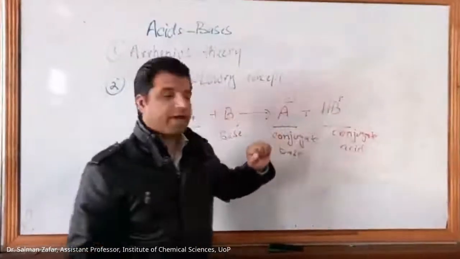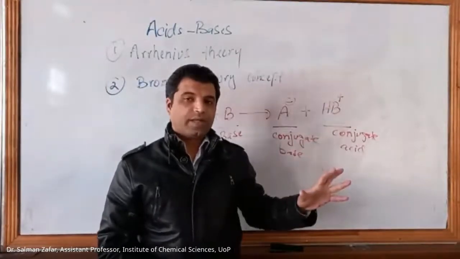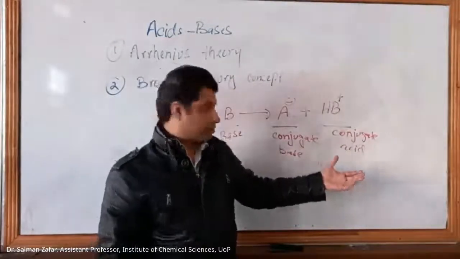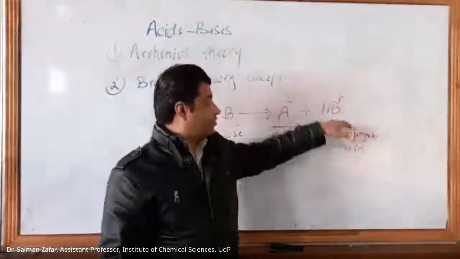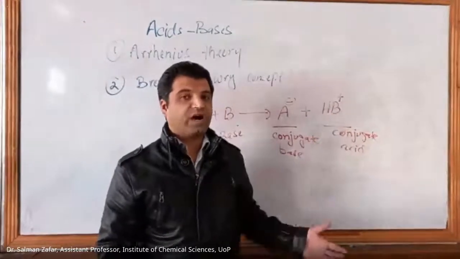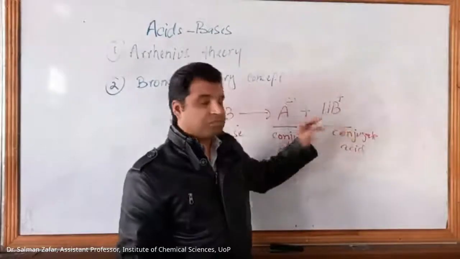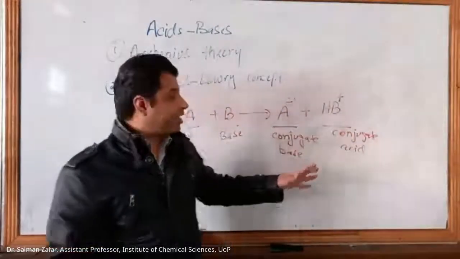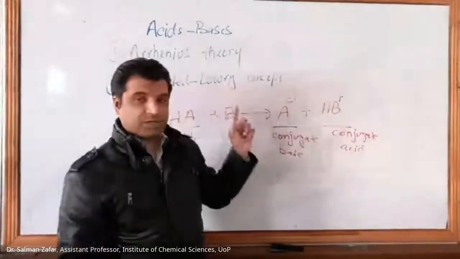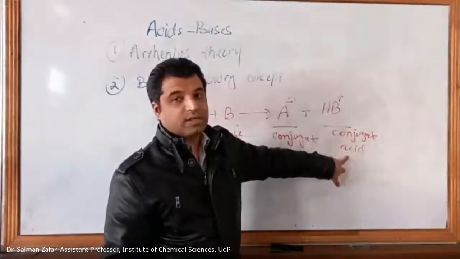And here we have a cation. We have a +1 charge on this HB. So anything that could help this HB ion get rid of the +1 charge would be welcome. So from its chemical nature, we can say that it can liberate or it can get rid of a hydrogen ion, and the hydrogen ion will leave with a +1 charge, leaving behind this B as neutral. So it can happily liberate or it can donate a hydrogen ion. And according to this concept, you know that anything that can donate a hydrogen ion is an acid. That's why we call this an acid.